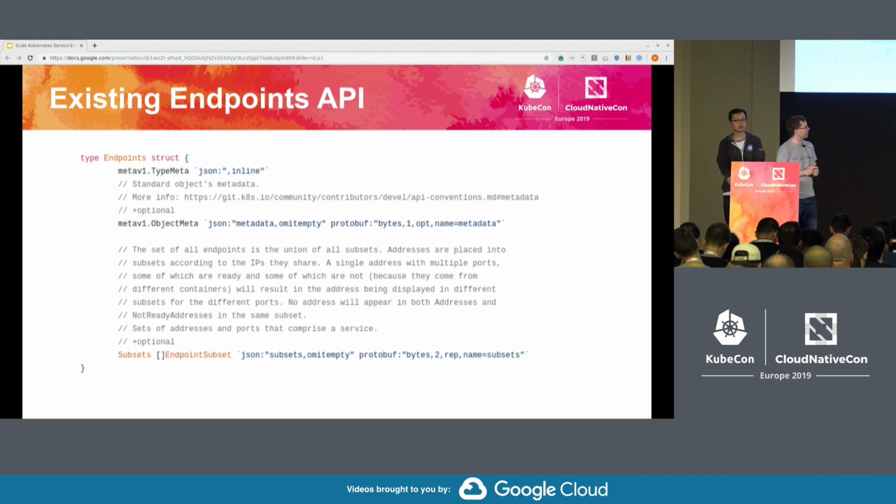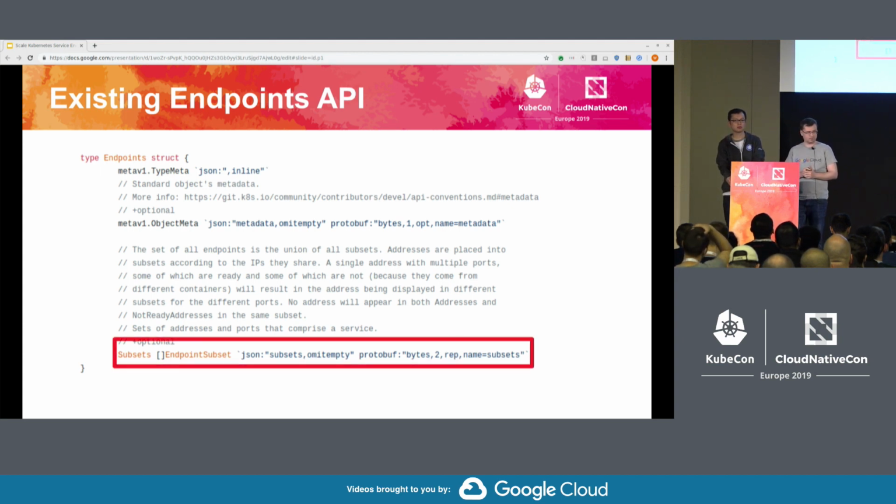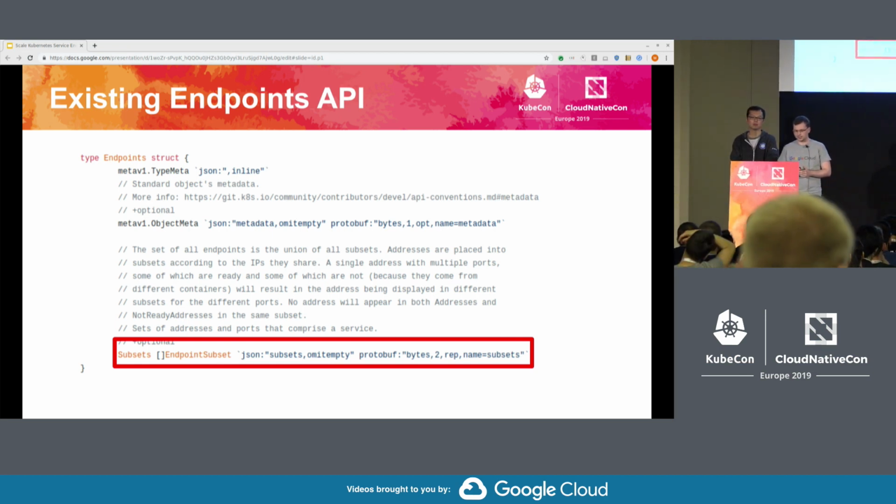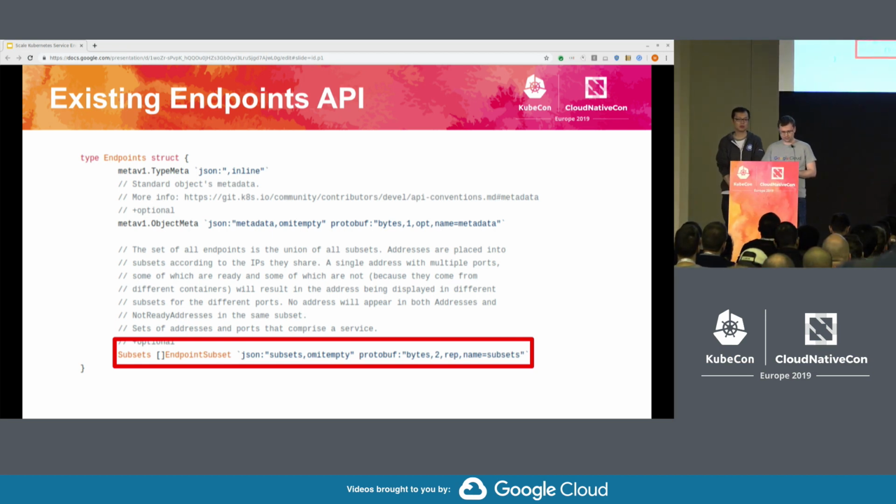Although the actual reasons are different in those two problems, the root cause for both of them is that the endpoints object contains a list of all endpoints inside of that service. So let's try to understand what is causing them.